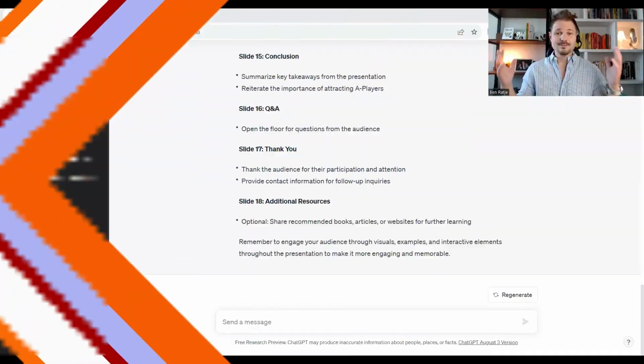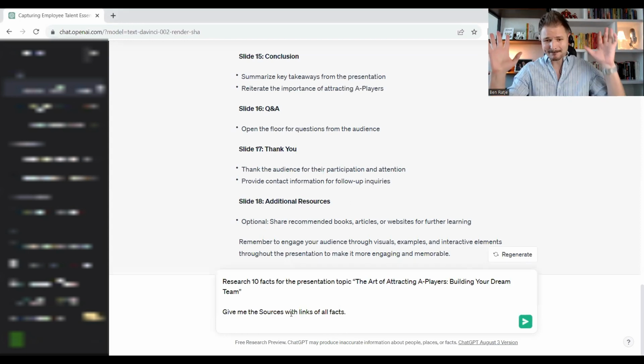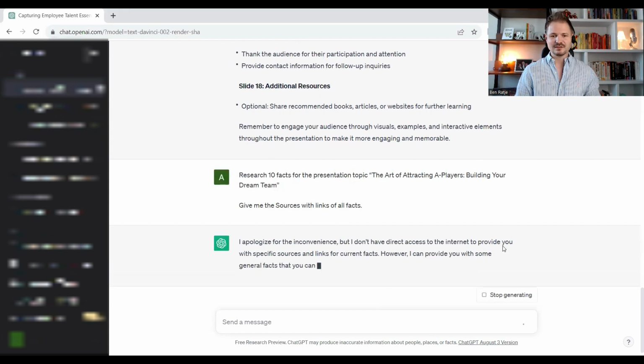So feed it in, get the facts, get the stories, get the examples, but make sure you double check all the sources. Back in ChatGPT, all right? So how can we find facts? Well, again, I've magically written it all out. So you could write something like, research 10 facts for the presentation topic, again, the art of attracting A players. Give me the sources with links of all the facts. Okay? Hit the button and